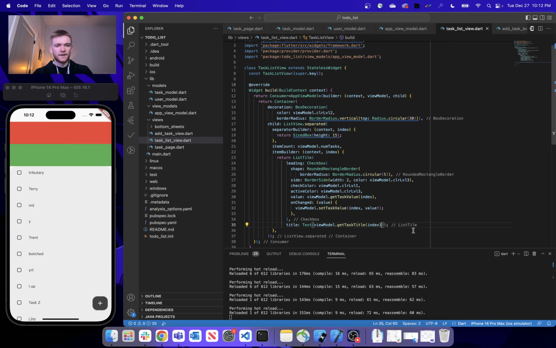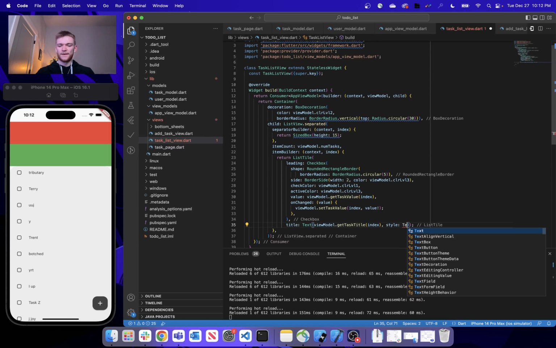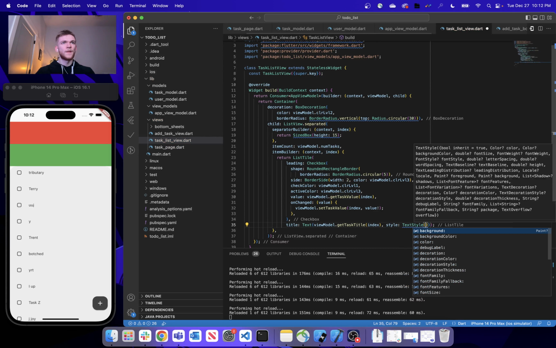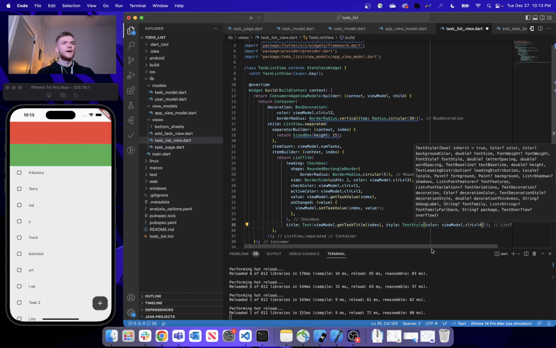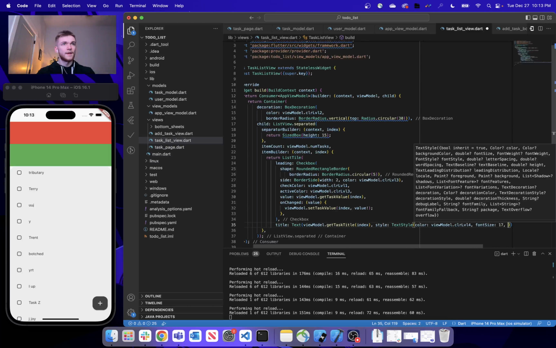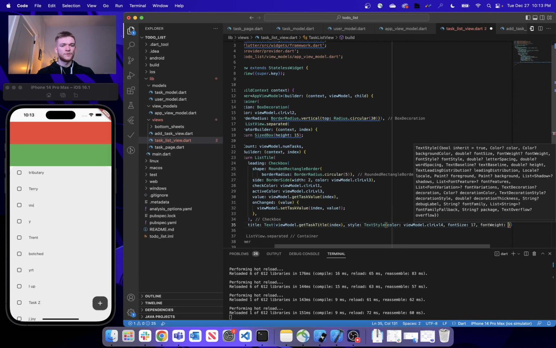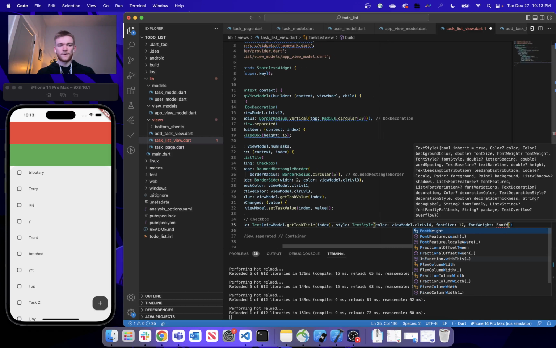So after the actual text that we're putting in here, let's go ahead and provide a style for this text to be styled with. And that's just going to be a new text style. And the color of the text is going to be our view model's color level 4. We want this text to be kind of dark. The font size is just going to be 17. And our font weight is going to match what we had when we were entering in our new task, just so it's consistent and looks the same. We'll say font weight will be